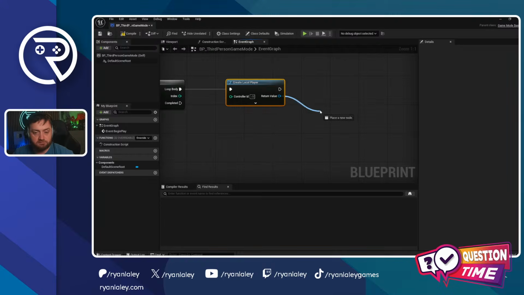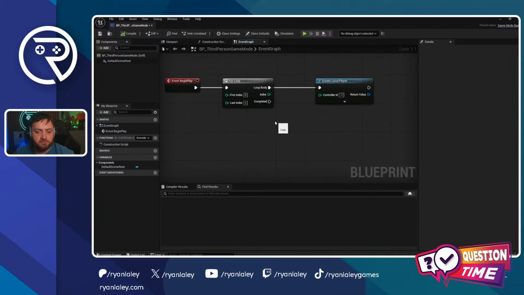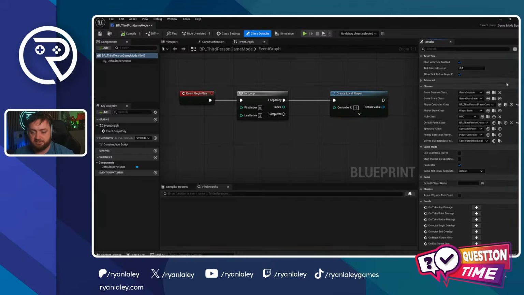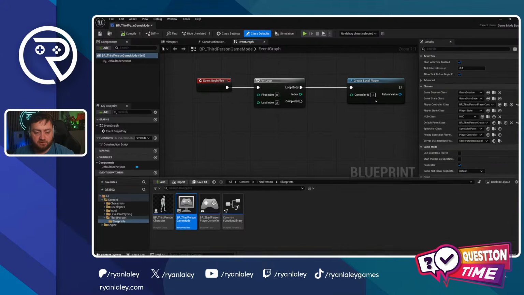We can call all that stuff there, and the player controller will then be listening out for an input to tell it when to join the game. So that'll be the controller that's defined in the class defaults here, by the way. That'll be this one, third person player controller. So it would spawn these in as many times as it needs to. And then on the controller,